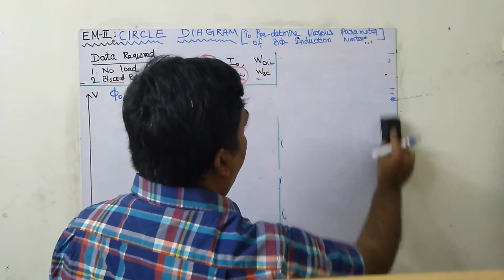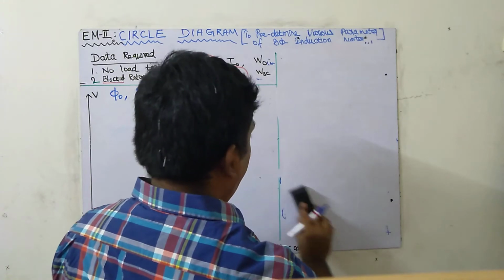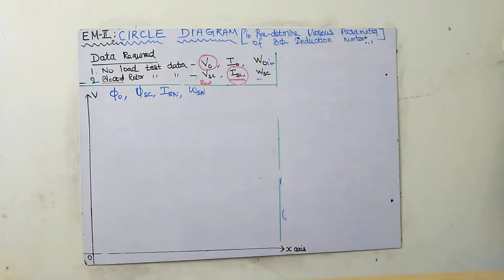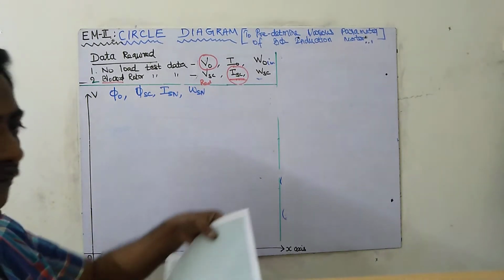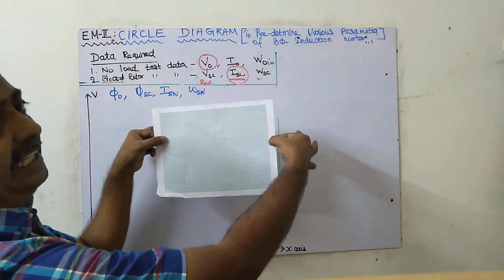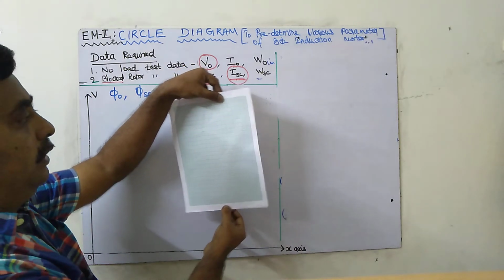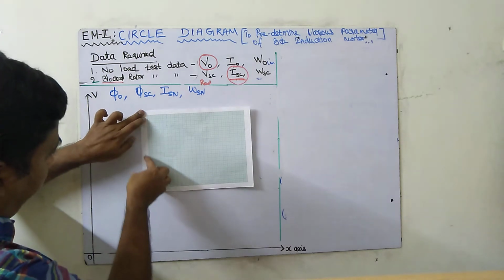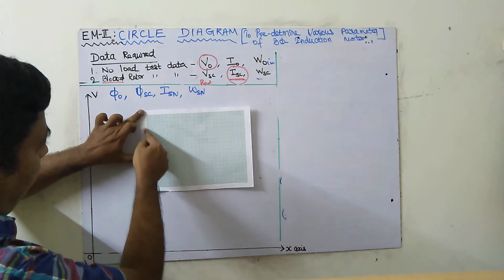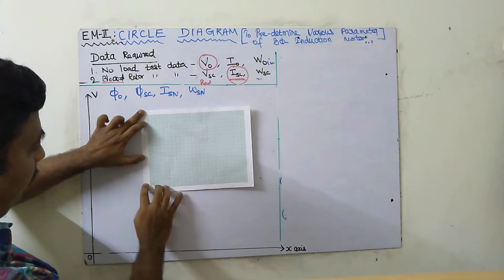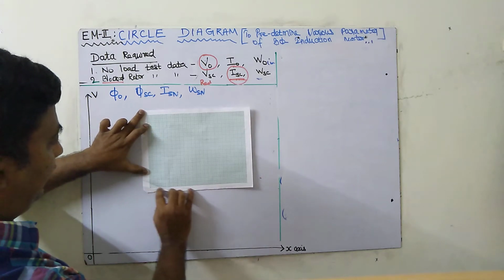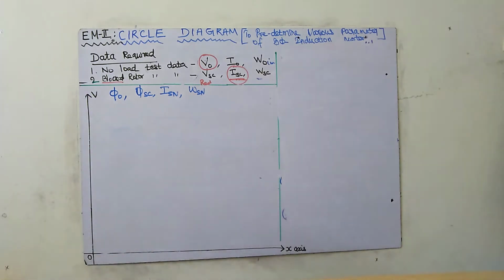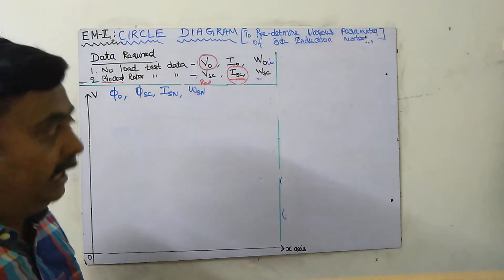Next thing, what we have to do? We have to take the graph and keep it in landscape. Don't draw in portrait, draw in landscape. Draw the y-axis just here itself. Don't leave some space in the white color line here. On the end line itself you can draw the y-axis. Here I have drawn the x-axis and this is the y-axis. Like this you can draw. Don't leave any space.